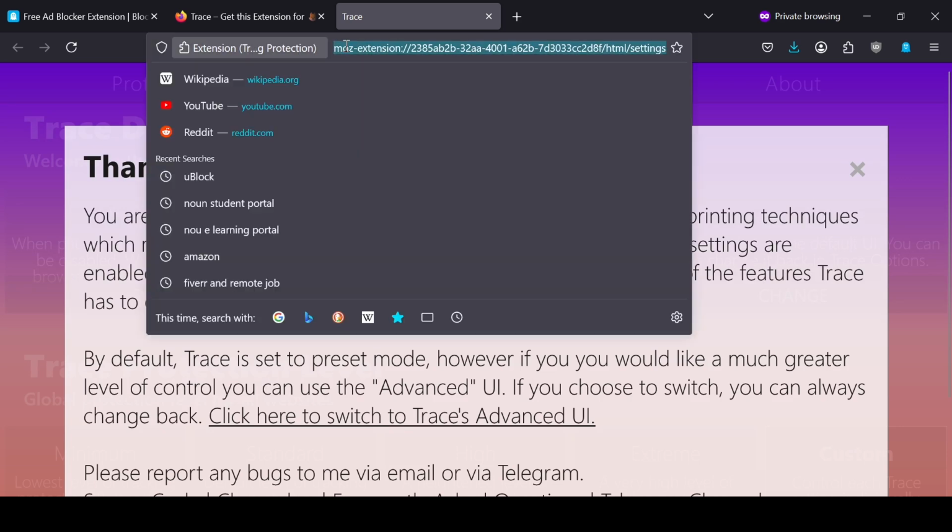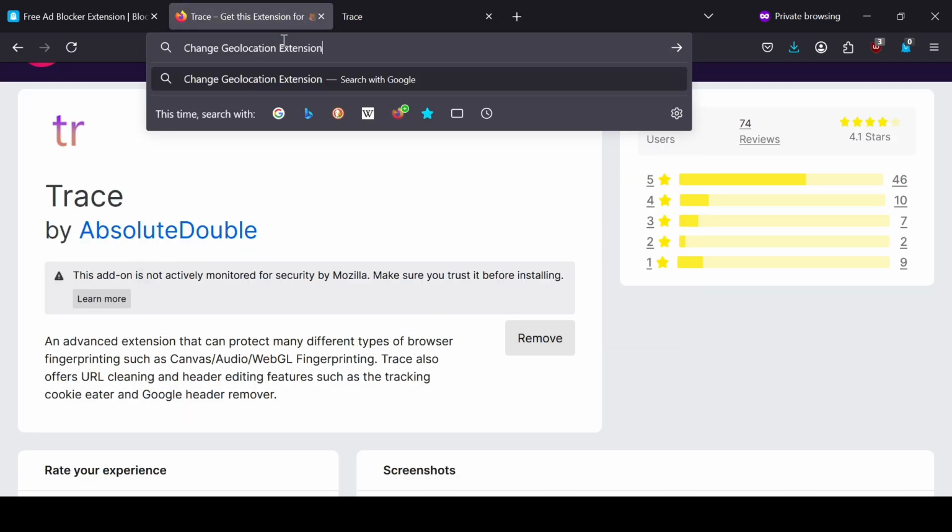So we get the trace extension. I've already put the trace extension. So the next one there is change geolocation extension. And I think we have Node VPN in exchange for this, or Proton VPN. But this change geolocation is free, but Node VPN is paid. Node VPN, that is Nord VPN, and then there is change geolocation extension. So we'll quickly install it. Let's put it here.